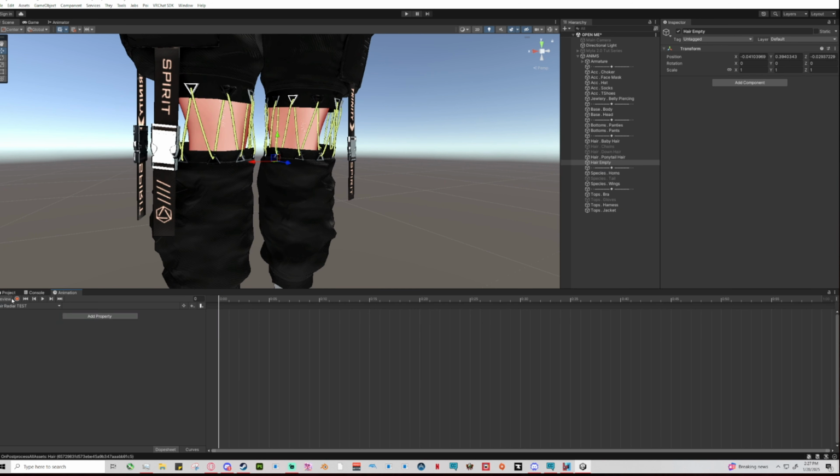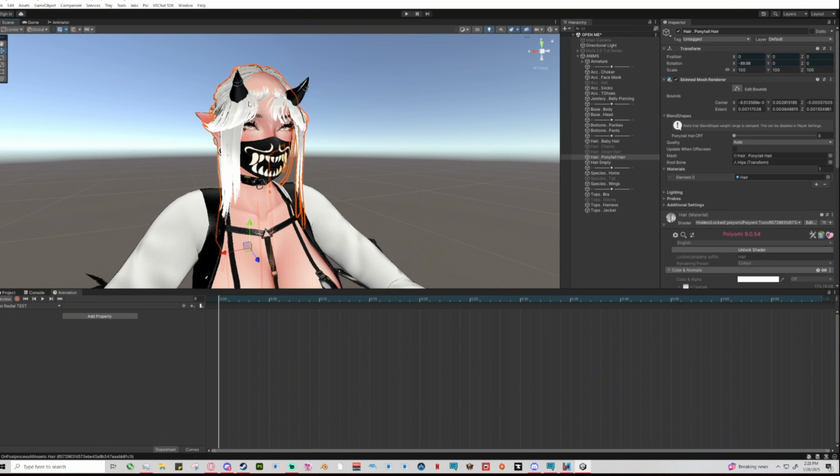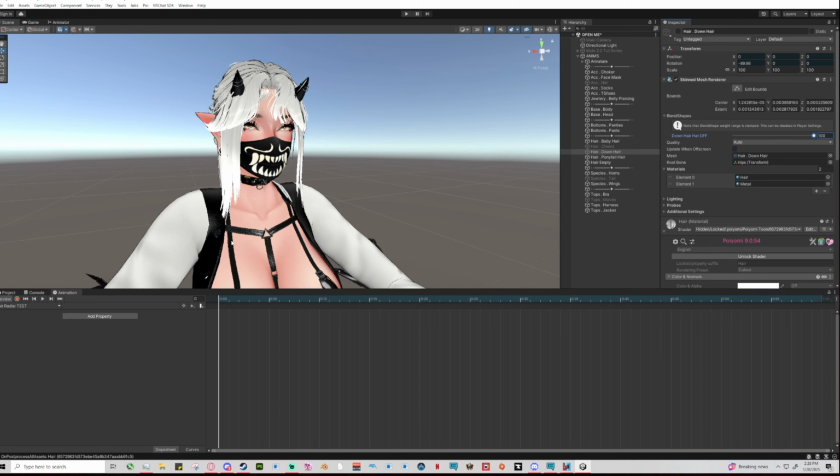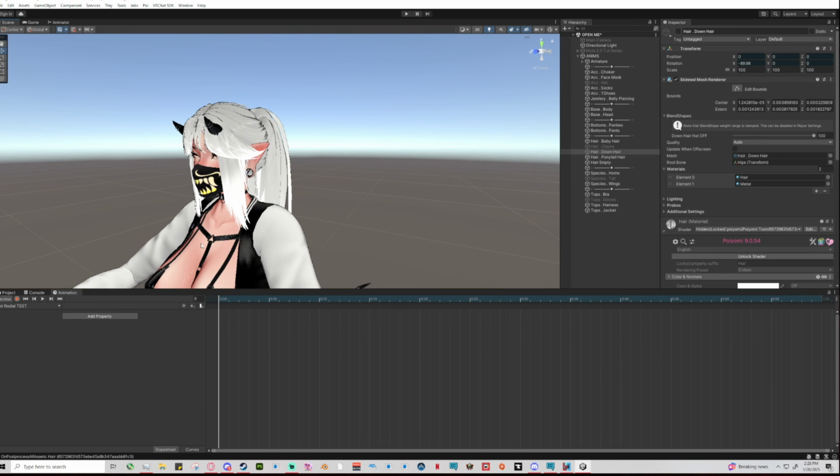So if I come to hair radial, let's turn off the hat. This is just in preview mode. As you can see, it's all blue and it didn't register that down here. I'm going to turn these up so that she doesn't look funny. Okay, so for the hair radial, let's say you had 3 or 4 hairs and you wanted to switch between